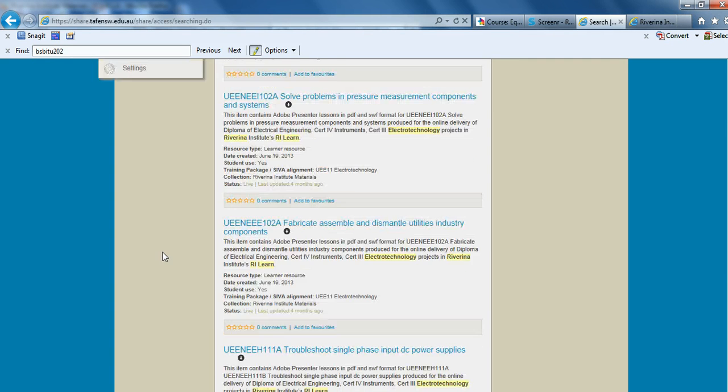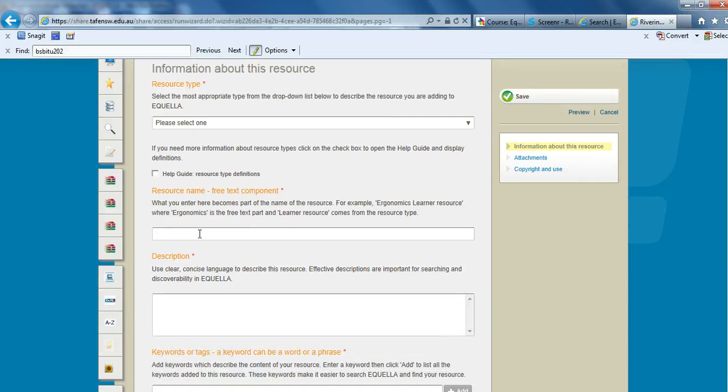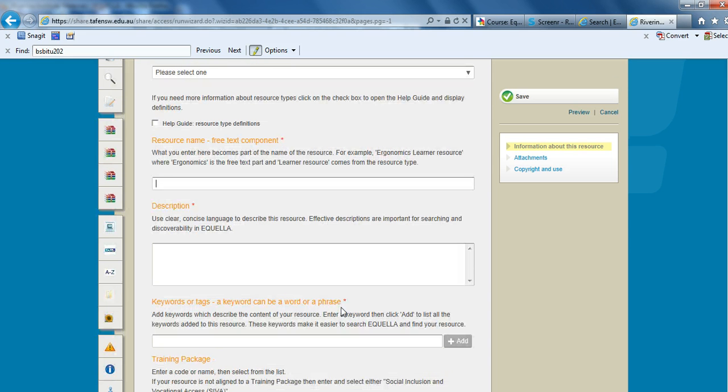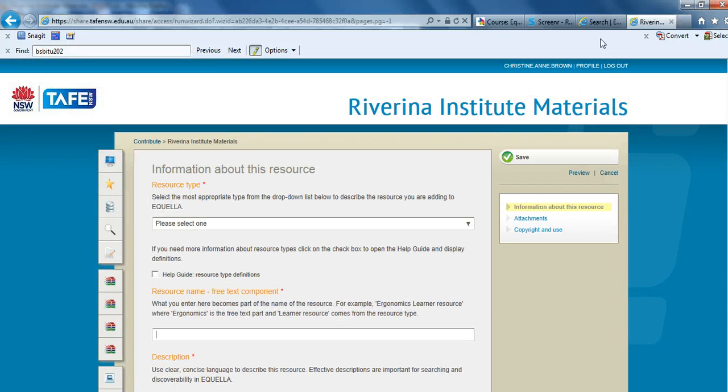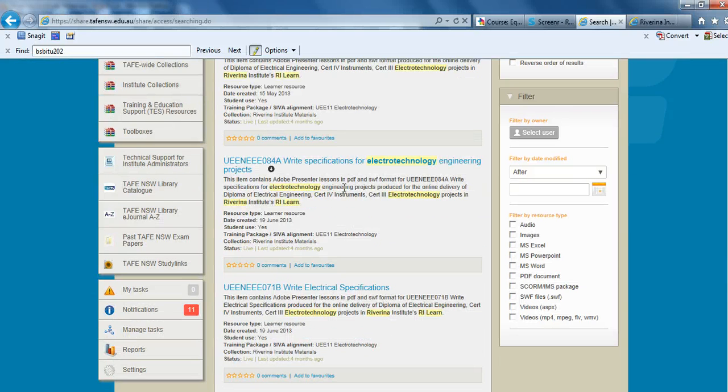So if I go back to doing a contribution, I just have that window open here. When you are contributing an item for the first time, you have to complete the name and the descriptor, and that's a time-consuming process time after time if you're repeating the same information. So this is where we use cloning. So if I come back to that search and I now select an item down here to clone, I click and enter that item,